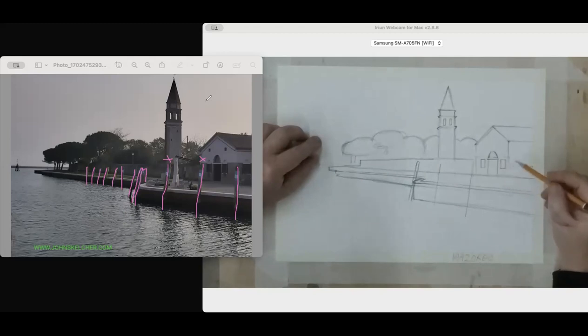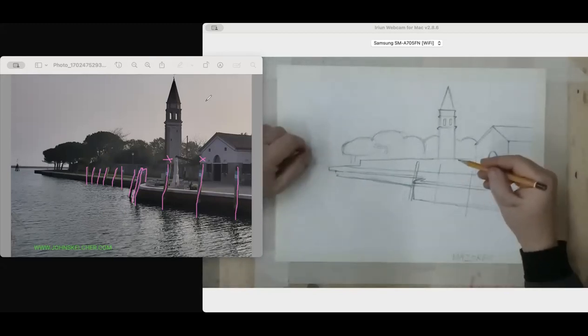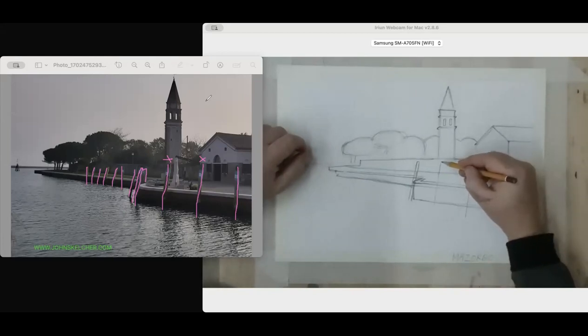They can go anyway, really, as long as they're not lying over. That looks a bit odd, but it would look a bit odd. But there you go, there's 4 posts there. Now, when you've done a line like that on one side, just draw the other side and give it a